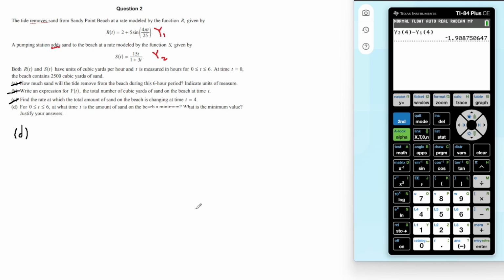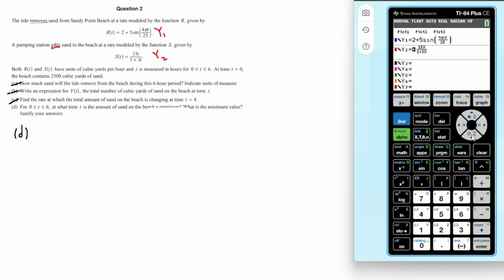So part D says for t between 0 and 6, at what time t is the amount of sand on the beach a minimum? What is the minimum value? Justify your answers. So this last part is very calculator intensive. So what we can do here